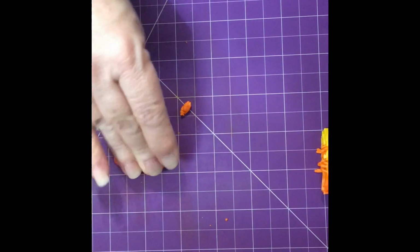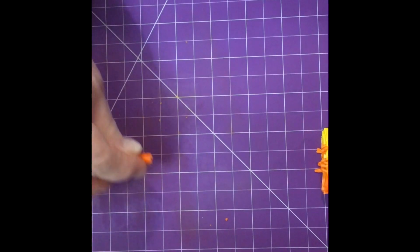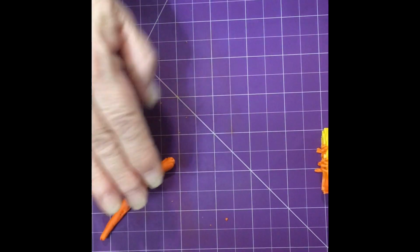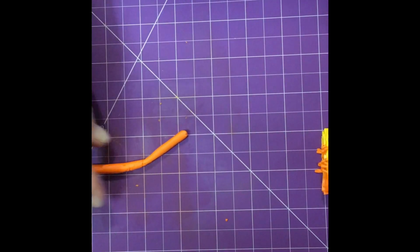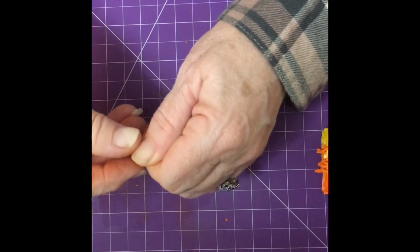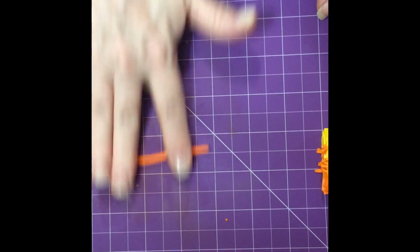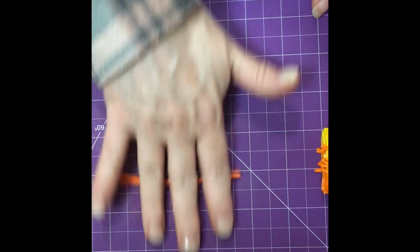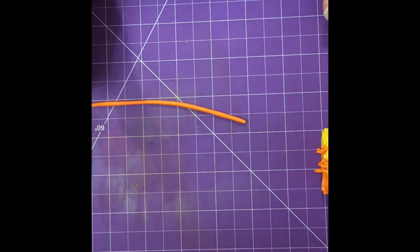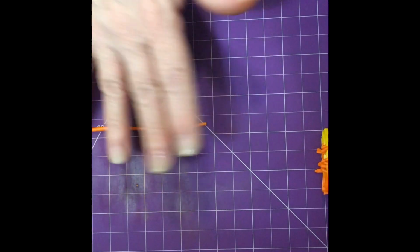I might be a while rolling this. I should be rolling it on my glass top. Oh well. I took it off to clean it and I just didn't put it back on. So yeah,